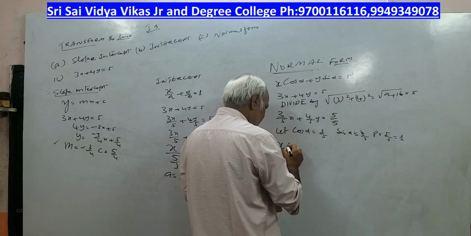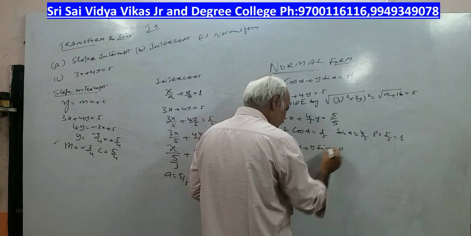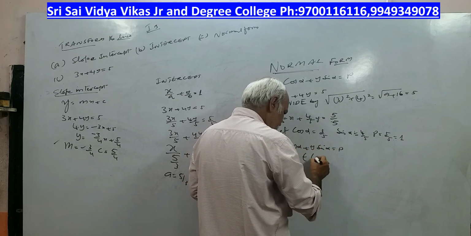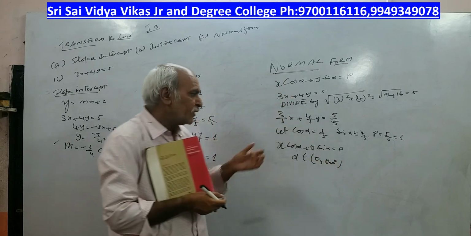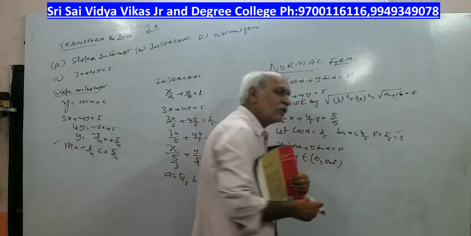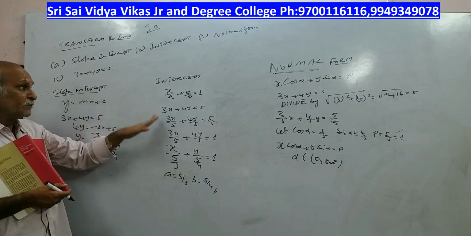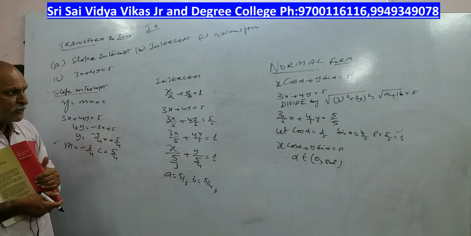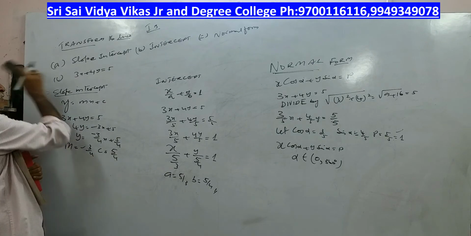Therefore, it becomes x cos alpha plus y sin alpha is equal to p, and alpha belongs to 0 to 360 degrees. The angle we have to identify. What is the angle? It is from 0 to 360. So, p value we call. So, what we have done? We have converted into y is equal to mx plus c, x by a plus y by b, and x cos alpha plus y sin alpha is equal to p. Okay, we will see 3-4 bits on this, sir. Next one. Please note down.